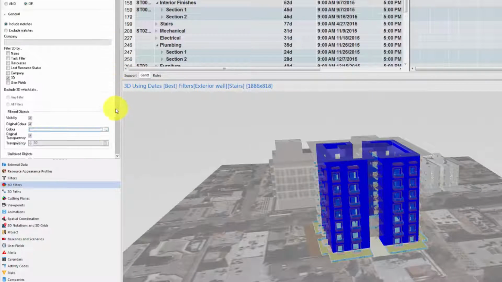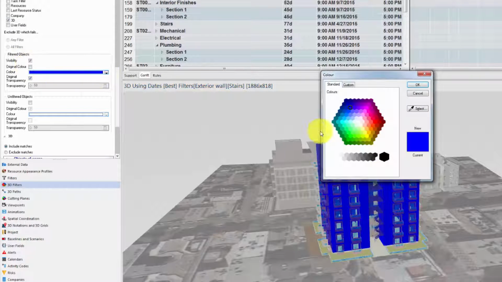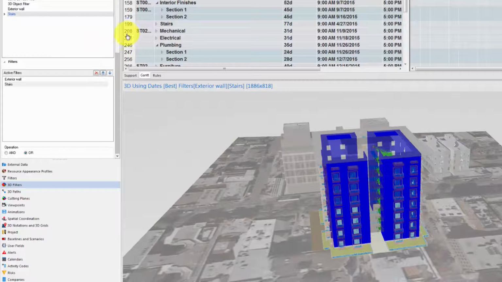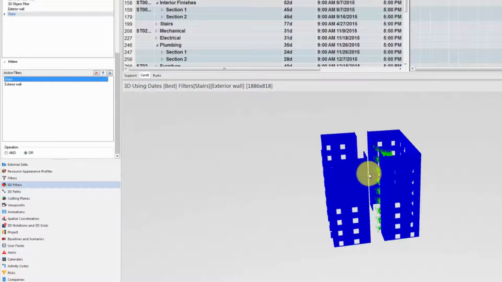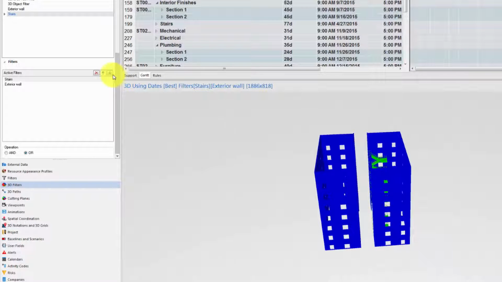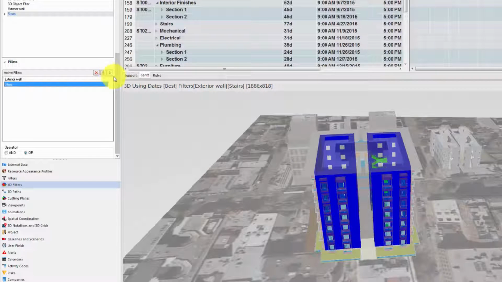Let's set the color of the filtered objects in the stairs filter to green. We can change the order in which the filters are applied by using the arrow keys in the Active Filters box. In this case, the difference will be that the unfiltered object will be completely cleared out rather than visible with a 50% transparency. We can remove a filter from the list by selecting it and then clicking on the